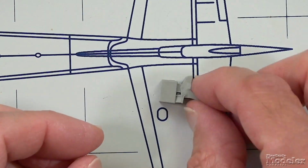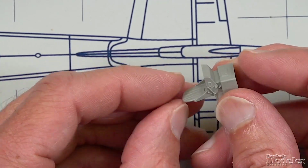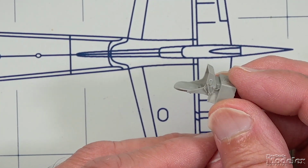So one of the things about dealing with resin is that just like plastic parts come on a parts tree where they're molded into that frame, resin parts include a pour stub. This is an artifact of the casting process. As you can see on this nicely molded or cast 48 scale Spitfire seat from Eduard,